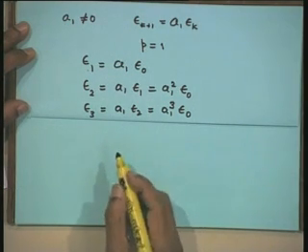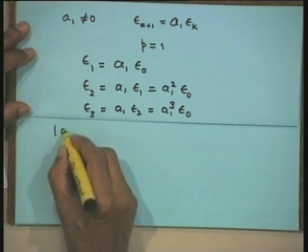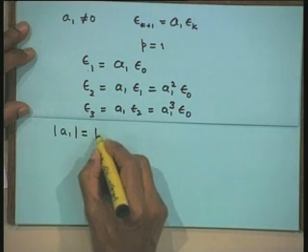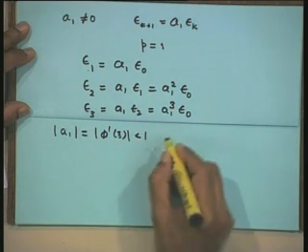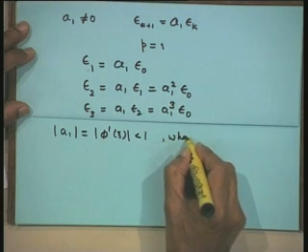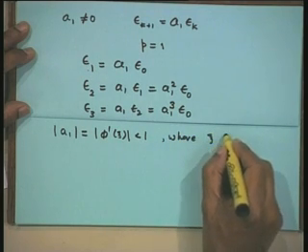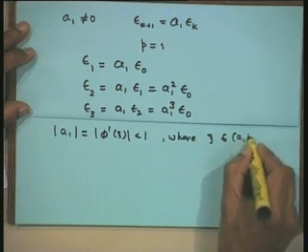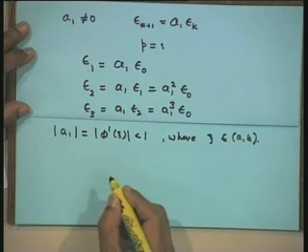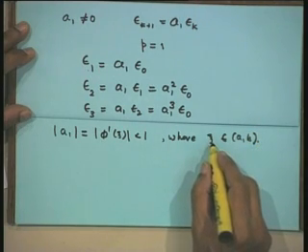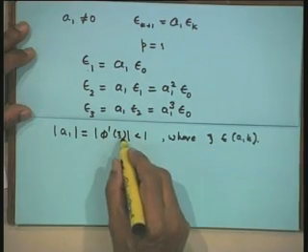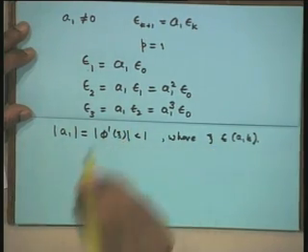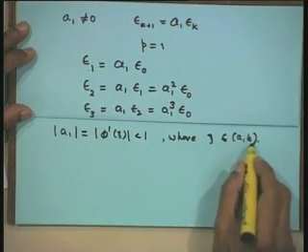Therefore, we require magnitude of a1, which is equal to magnitude of phi dash xi, to be less than 1, where xi is any value lying in the open interval (a, b). However, xi is an unknown quantity. Therefore, we shall approximate the magnitude of phi dash of xi by the maximum magnitude of phi dash x in the closed interval [a, b].